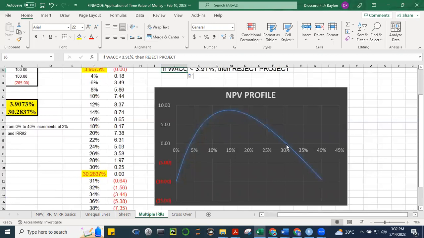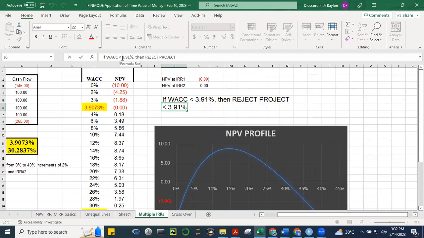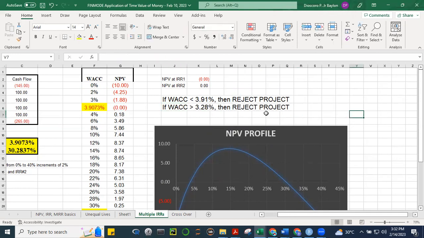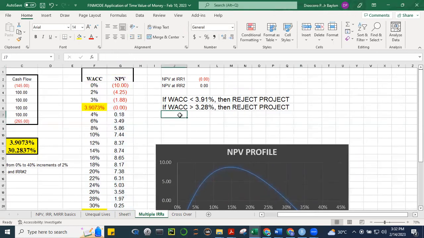Okay, any weighted average cost of capital that's greater than 30 point something percent, pababa na yung NPV natin, negative na yun. So if the weighted average cost of capital is greater than 30.28%, let me just round that off, 30.28%, then we also reject the project. Right? And then here we can say that any WACC between